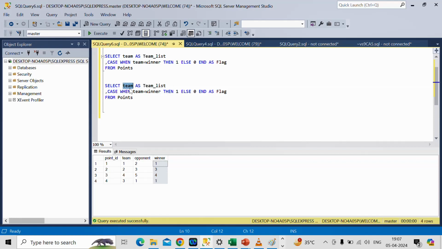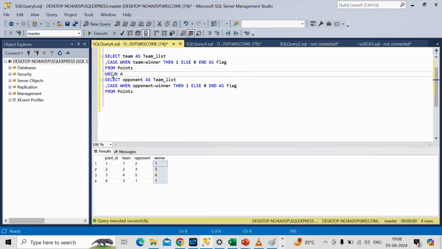In place of team, I'll write opponent and let me replace this with opponent. Okay, rest everything would be same. Then I'll do union all because I want to combine these two data sets. Okay, so first data set will have this column and flag based on whether this team ID won that particular